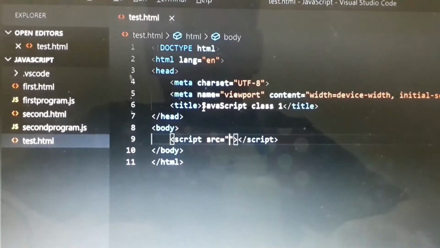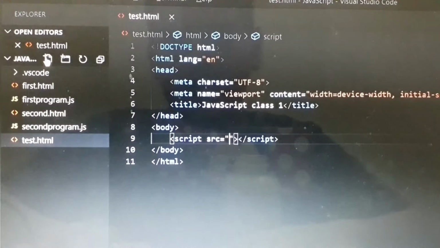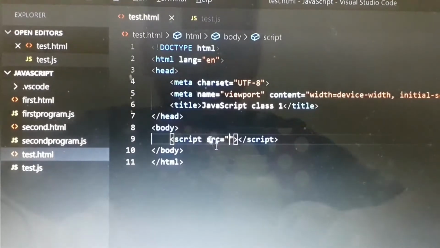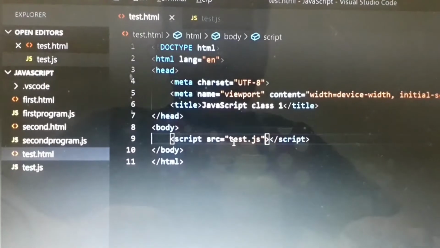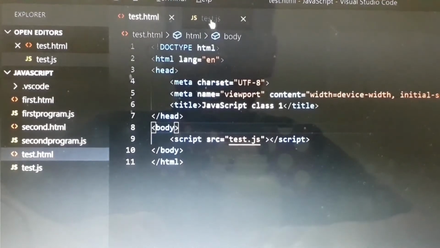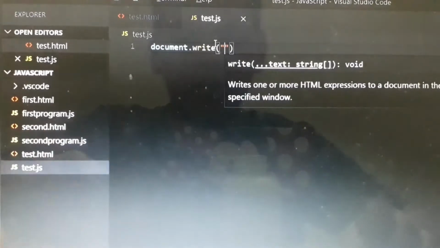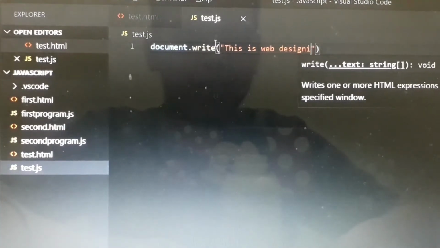Script src, the source, and here I'll make another file which will be named test.js, meaning JavaScript, and then here I'll write test.js. Okay, this is done, and then in here I'll write document.write, this is web designing. I don't know the spelling.